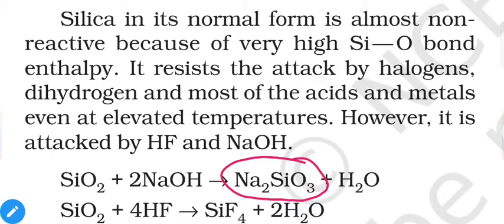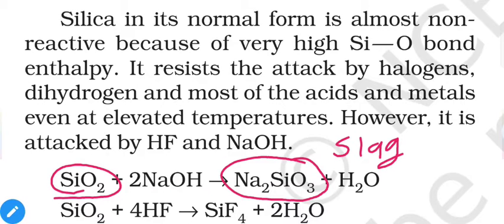So this compound is non-reactive, but at certain elevated temperature it will react with most metals and form this type of compound. Now this compound is commonly known as slag. Slag compounds are lightweight, they have comparatively lower density, and at higher temperature, when all of the materials are molten, slag will float on the surface of the molten liquid. That means in purification of metals, if impurities are present in the metal, then we can use SiO2 to remove them.